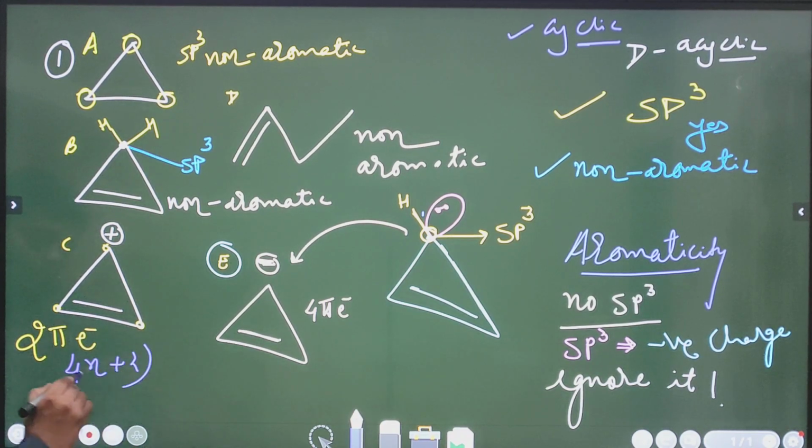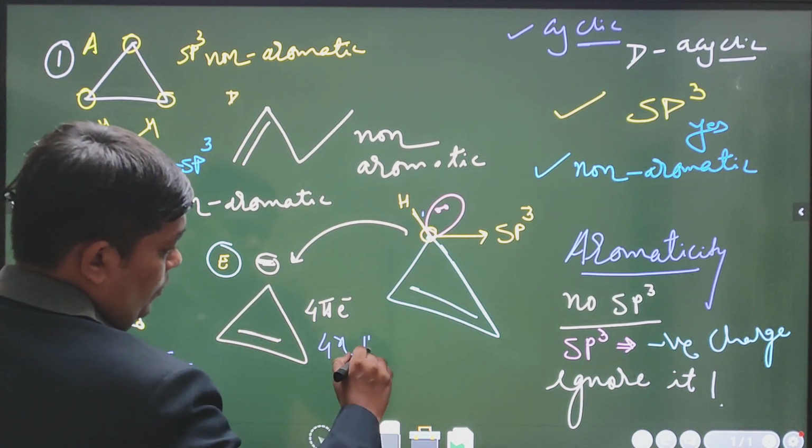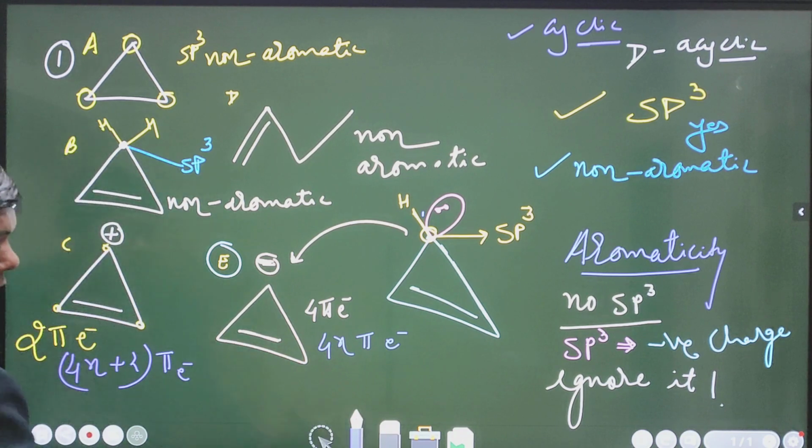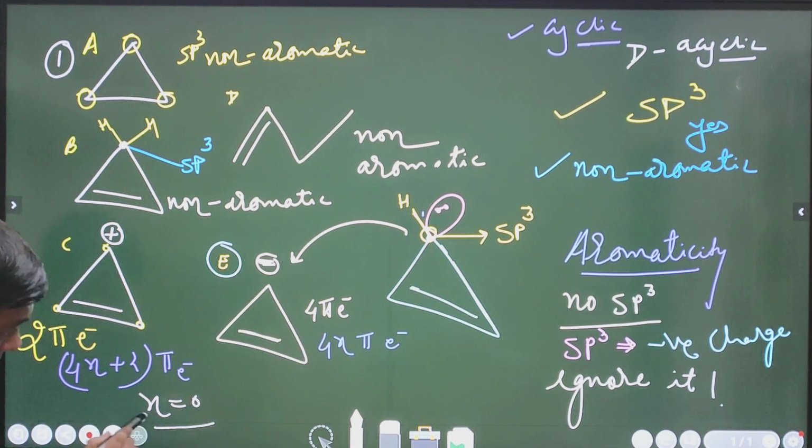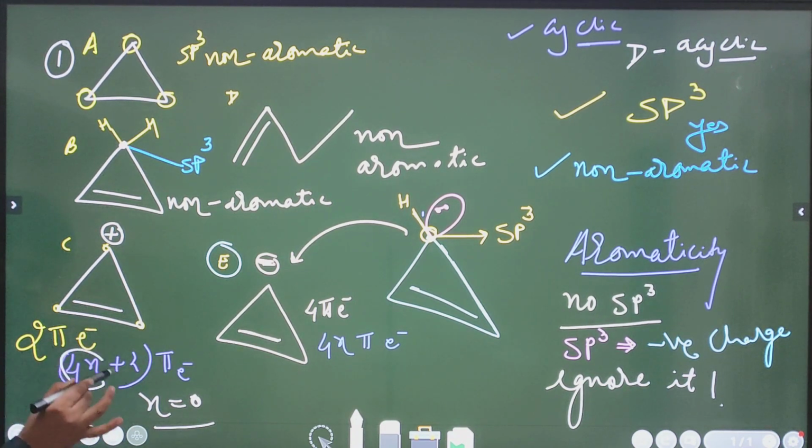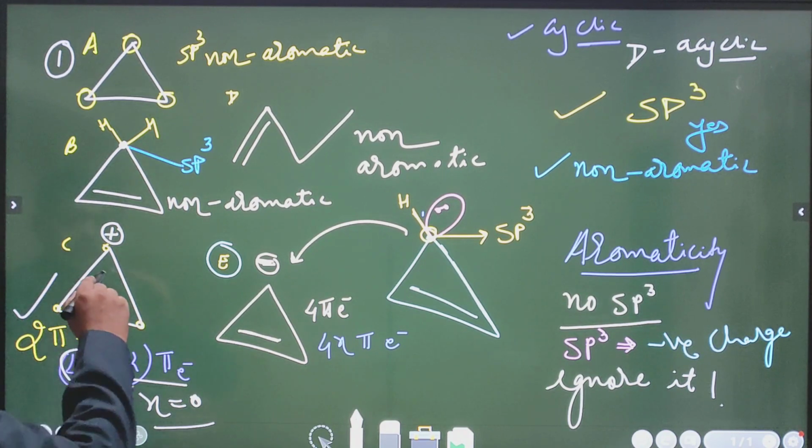4n plus 2 pi electrons and 4n pi electrons. If at all I place n is equal to 0 over here, then this whole term will become 0 and I will end up with 2 pi electrons. So the formula is getting matched with the question of my interest, and hence as the 4n plus 2 pi electron rule is followed by this particular structure, this